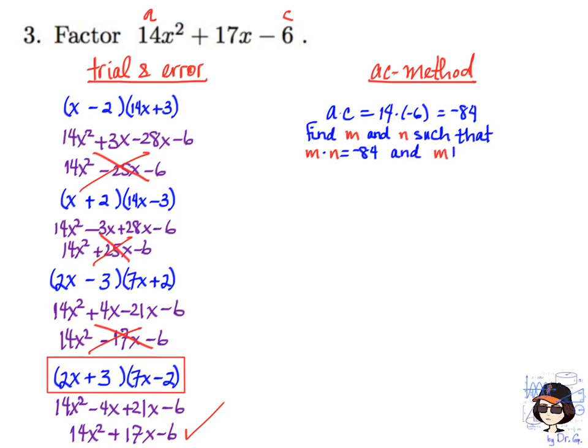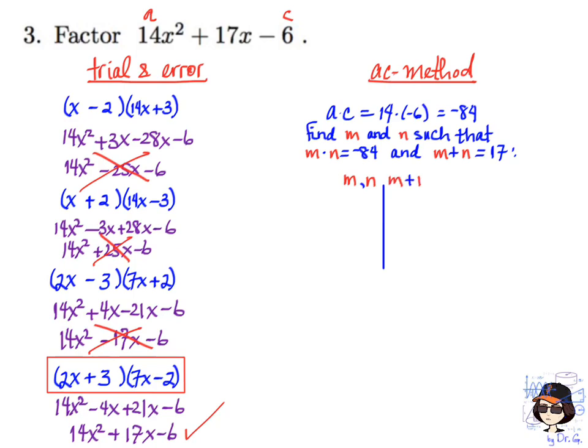And M plus N will add together to be positive 17, that middle coefficient. So 2 numbers that are different from A and C. They're not the same as A and C, but still multiply together to be negative 84, and then add together to be 17. So we start listing the